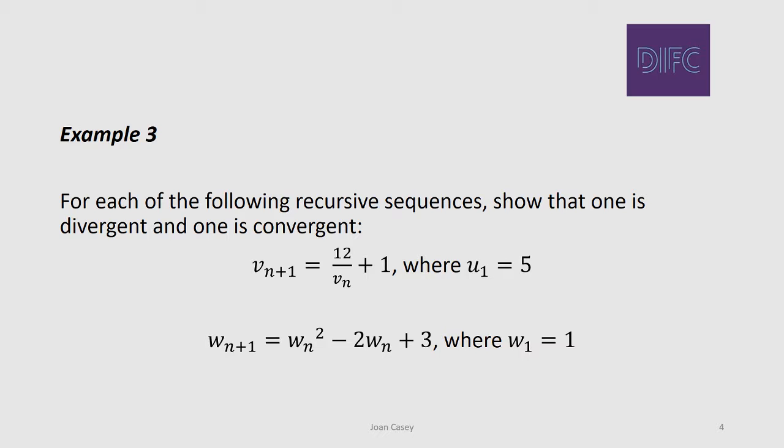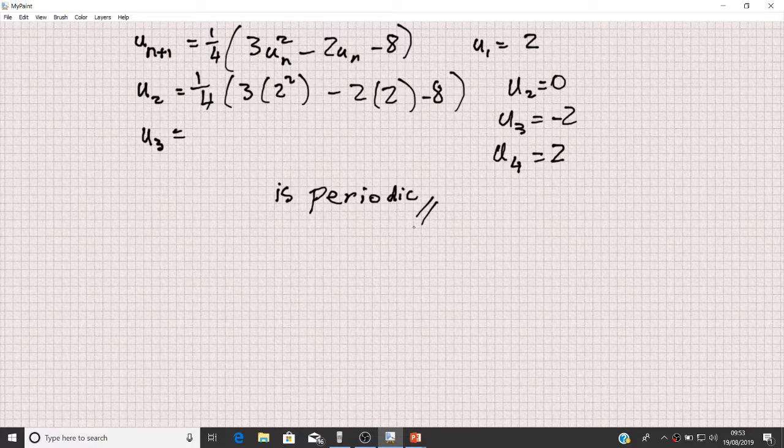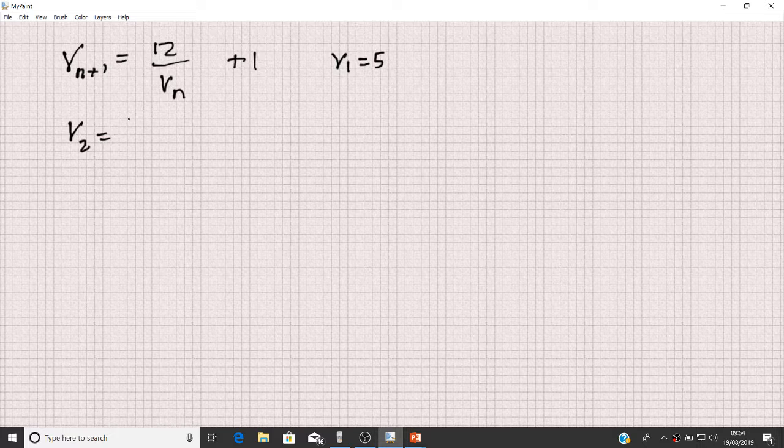V(n+1) equals 12 over (Vn plus 1), where V1 equals 5. So the first recursive sequence is V(n+1) equals 12 over (Vn plus 1), and V1 we're given is 5. Similar to the last example in a recursive sequence, we'll sub in the value for V1 first. So we're going to look at V2 now. V2 will be 12 over 5